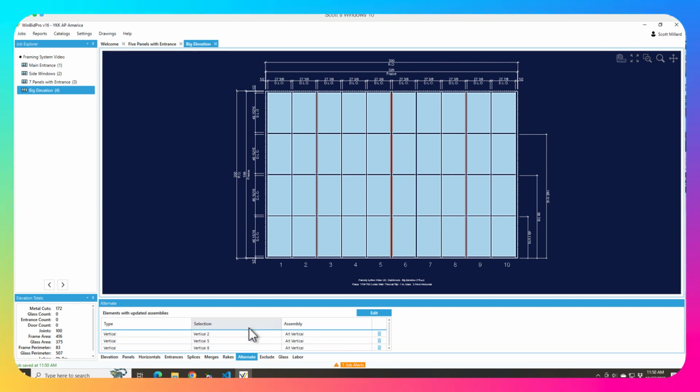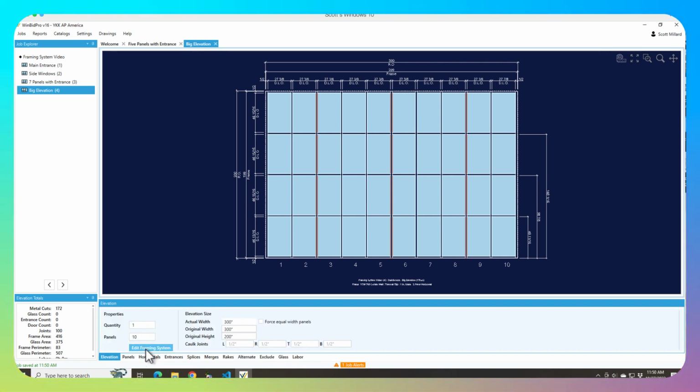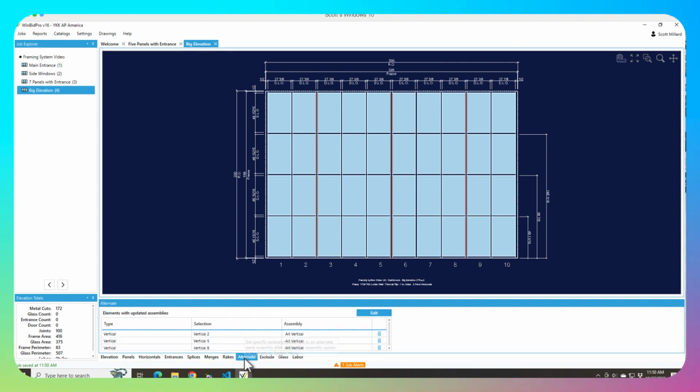So remember, the first thing we did was create a new assembly. You can either do it under Elevation tab, click Edit Frame System, or in the Alternate tab when we clicked Edit, it let us add an assembly there. And that was after we selected what we want to be adding, basically. So that's the gist of doing an alternate vertical,